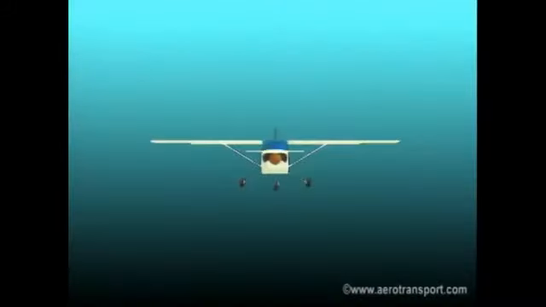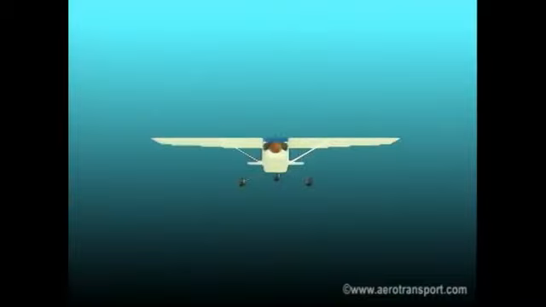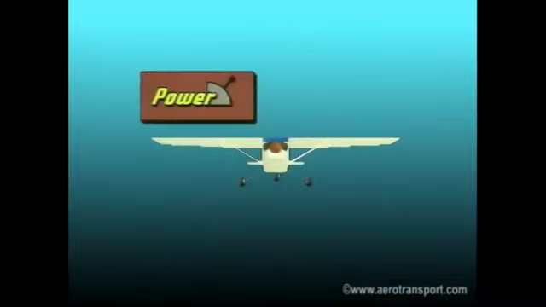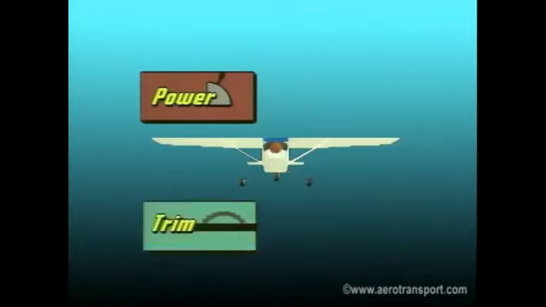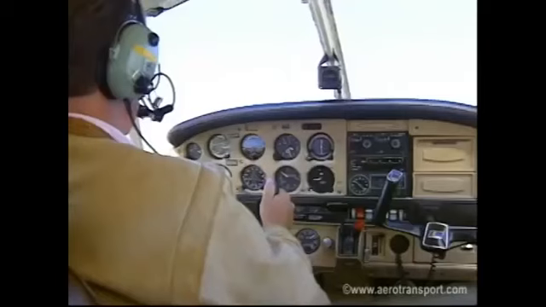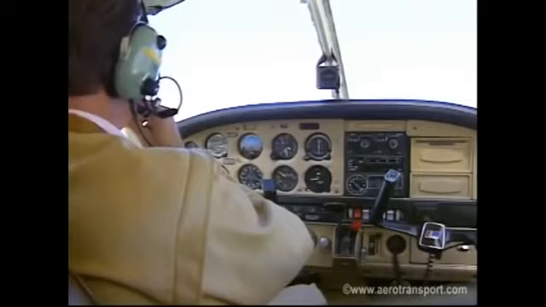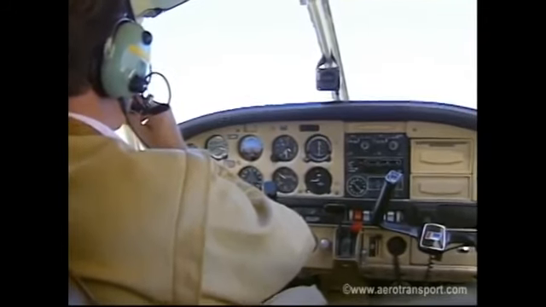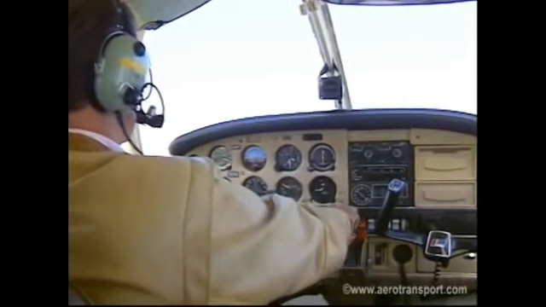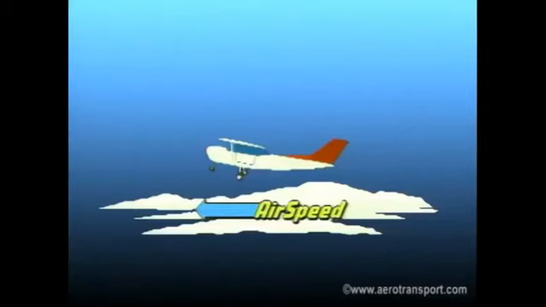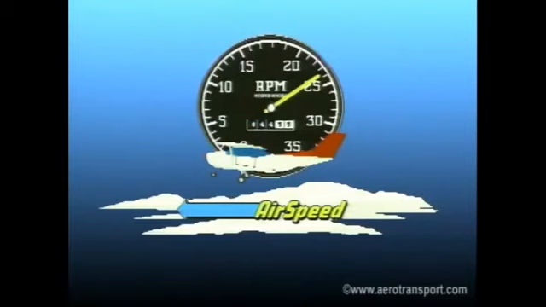For a normal climb, place the aircraft in a nose-up attitude that you estimate will maintain normal climbing airspeed. Increase power and trim the aircraft to maintain the climb. As you gain experience, you will find yourself operating the flight and power controls in a simultaneous, coordinated manner. Adjust the attitude to achieve the desired airspeed. Recheck the power setting and make necessary adjustments so you can maintain the climb attitude without having to put pressure